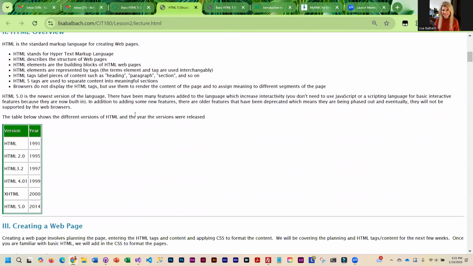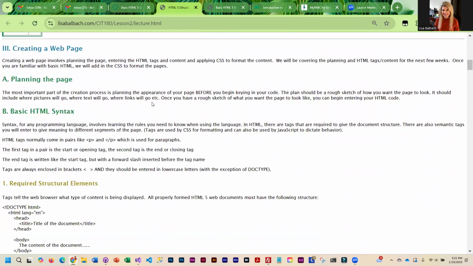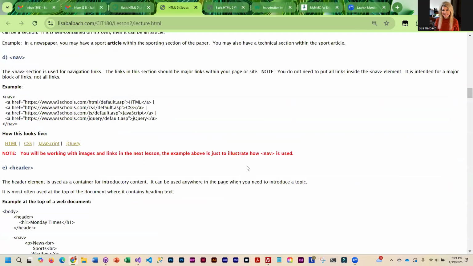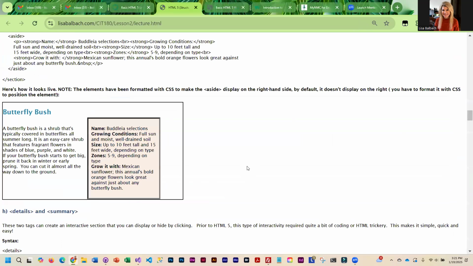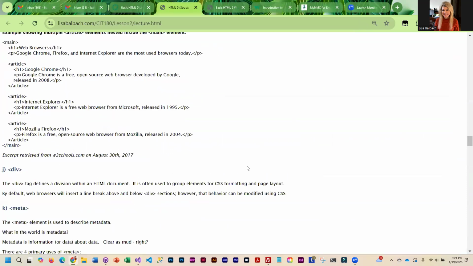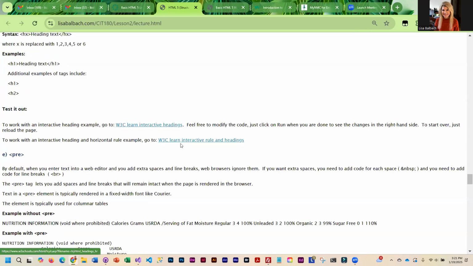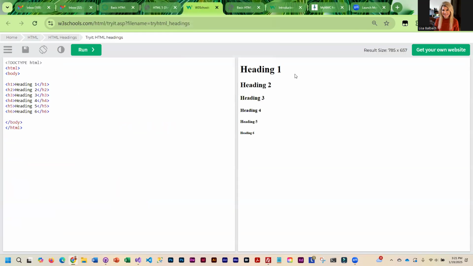So you're going to go through the lecture demo. And as you go through this, when you do encounter an interactive link, and I'm trying to find one. Let's scroll down here. When you find these interactive links, you can actually click on them. Okay? And then you can practice. So if you want to change these heading tags, so this is a heading 1, change this to a 6, and you run it, okay, you can immediately see the difference,